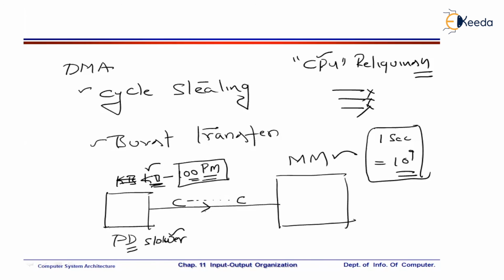So what we do is, we use the cycle stealing method. In the cycle stealing method, whenever a slower device is requesting a DMA, the bus system will be released only for one cycle, which is from the slower device. This one cycle is more than enough to make a transfer. Did you get it? This is called cycle stealing.